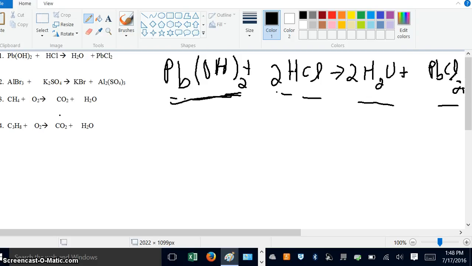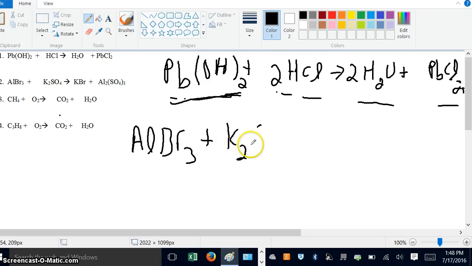All right, so the next one, here's what we have. Let me draw it out. So we have aluminum bromide, right? Aluminum and bromine, right? So that's called aluminum bromide, plus, what is this? Potassium sulfate. So K, and of course there's 2 of these, and then there's the sulfate, SO4. So there's one of our polyatomic ions, and that goes to potassium bromide,